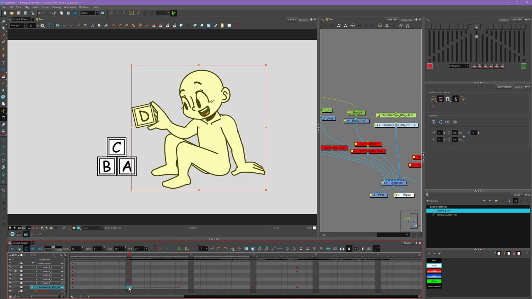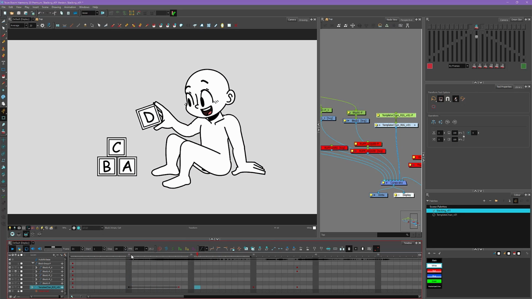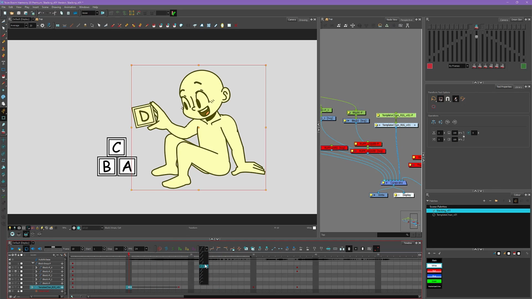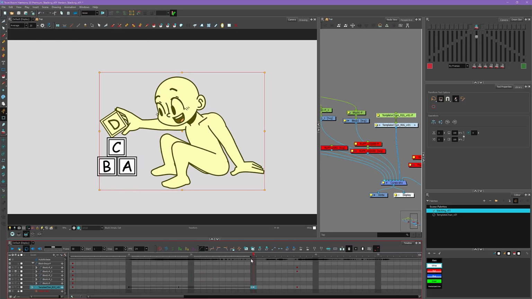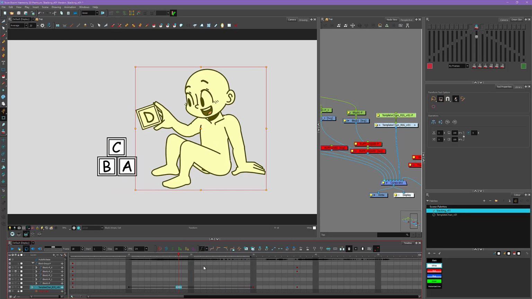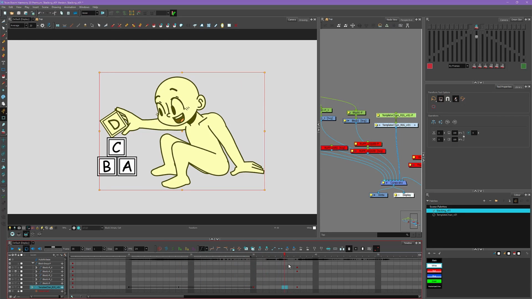So it depends on how poppy you want your animation to be, where you want the emphasis to be. So I'll kind of do it just based on how I want the animation to feel. If I want it to feel smooth and soft, I'll use ease in, ease outs. If I want it to feel a bit snappier, I'll use ease outs. And then I'll just go through each one of these movements, add a motion tween. Like for example here, where it's going from the anticipation to the overshoot, I'll probably do an ease in, ease out for this segment. And then from the overshoot into the settle, which is this pose right here, I'll probably do another ease in, ease out for that one.